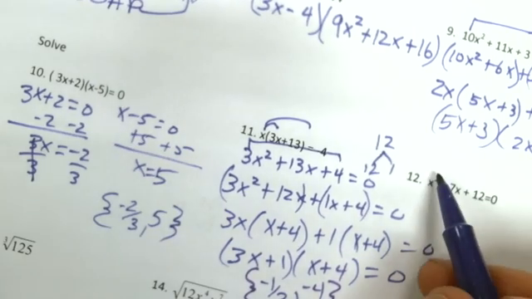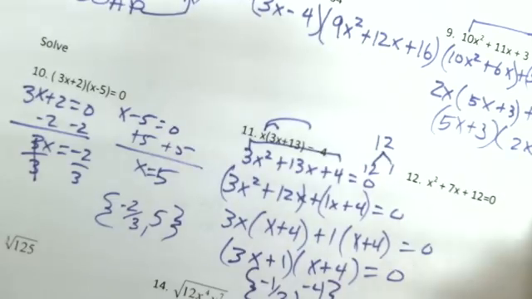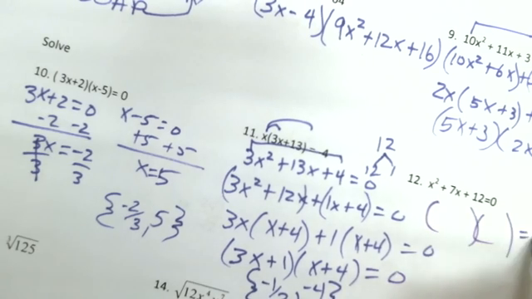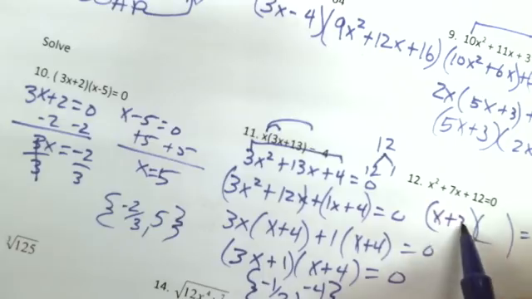For this one, since there's no factors in front of the x squared, we're just looking for the factors of 12 that add up to 7. Let's see, 2 and 6 doesn't work. Let's try 3 and 4. That one works. So all we have to do is write x plus 3, x plus 4. And when I set those equal to 0,